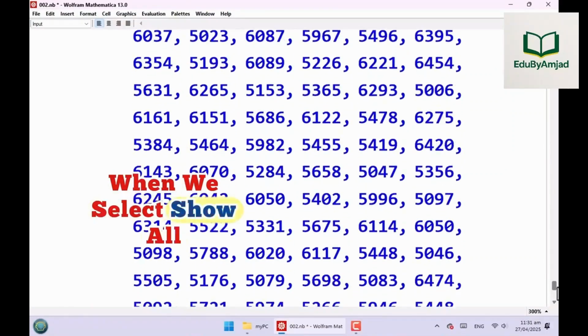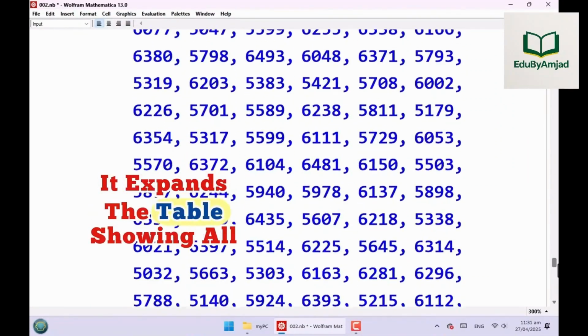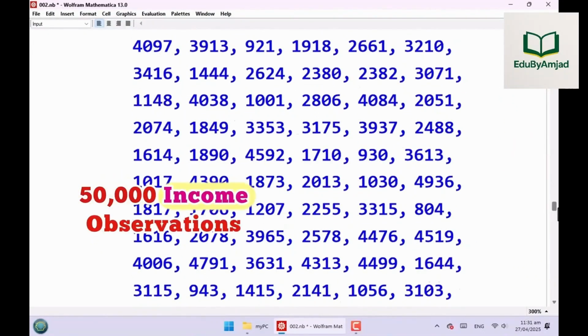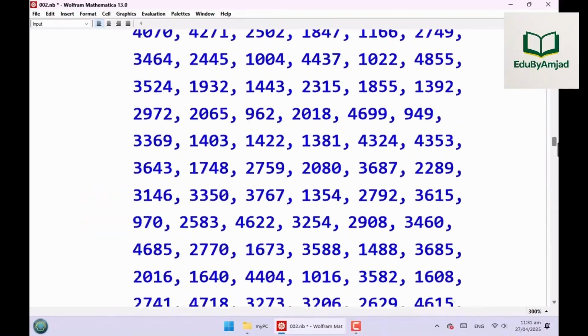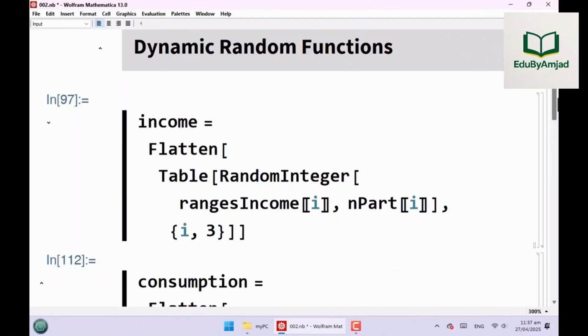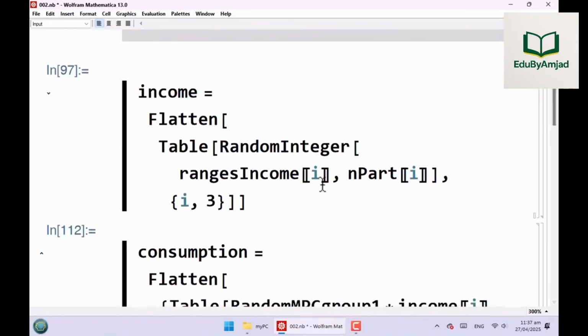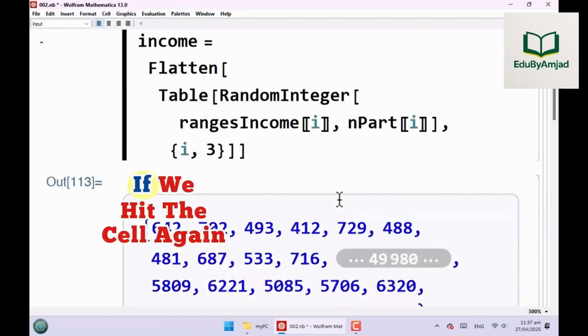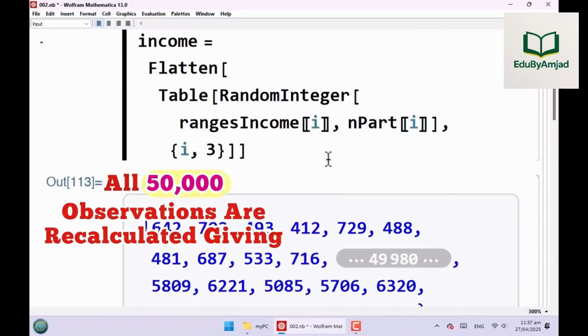When we select Show All, it expands the table, showing all 50,000 income observations. If we hit the cell again, all 50,000 observations are recalculated, giving new set of data.